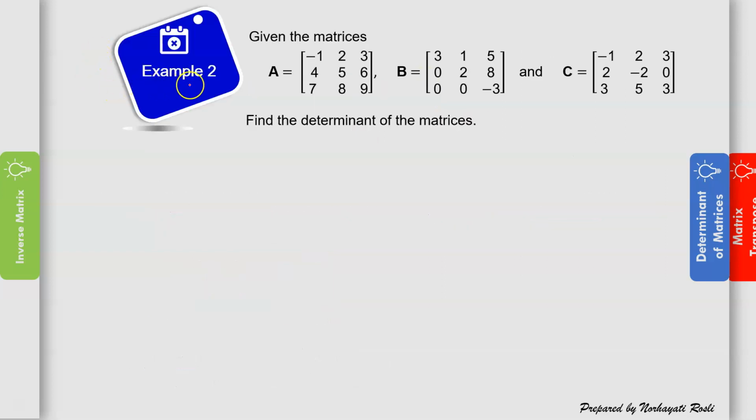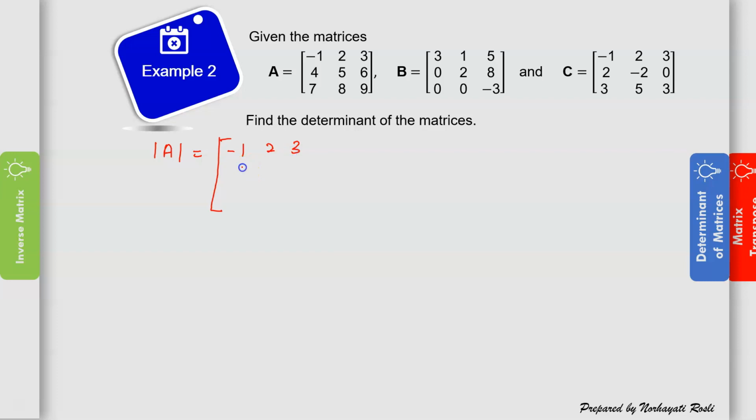Now we want to solve this example 2. Given the following matrices, the question asks us to find determinant of the matrices. For this example, I will show you only for A, and then you can do B and C as exercises. In this case, the determinant of A can be computed using matrix A, negative